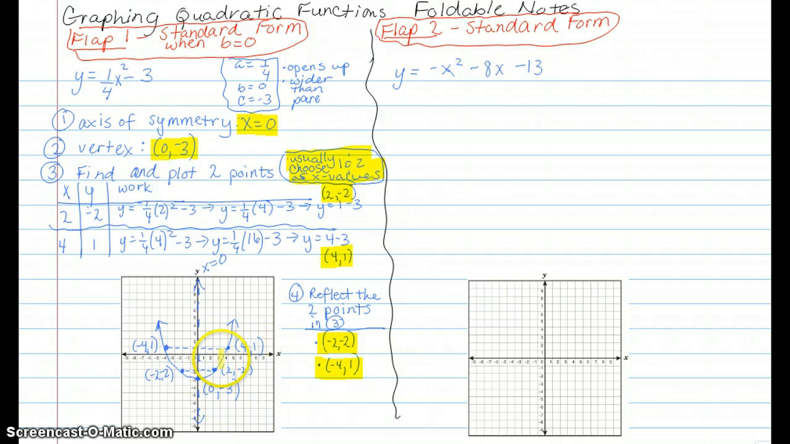We know it's going to open up because the a is 1/4, it's positive. And we also know that it's going to be wider than the parent function. Anytime you have an amount for a less than 1, so it's going to be a proper fraction, it'll be wider than the parent function. Now we come back to